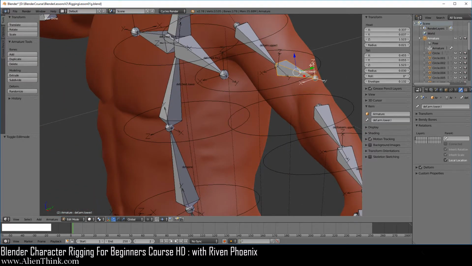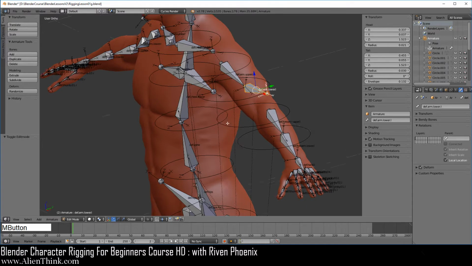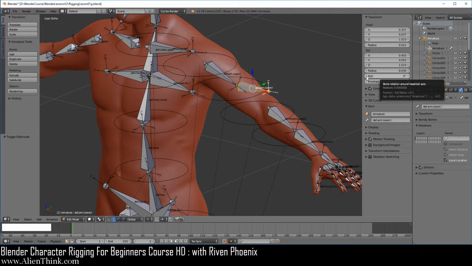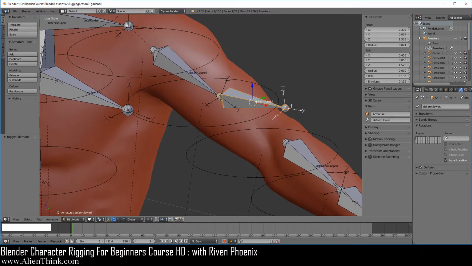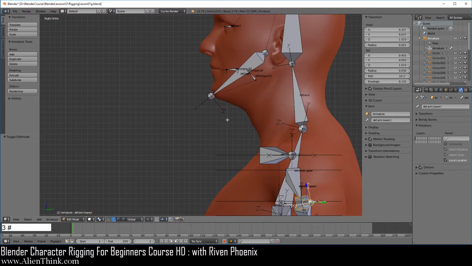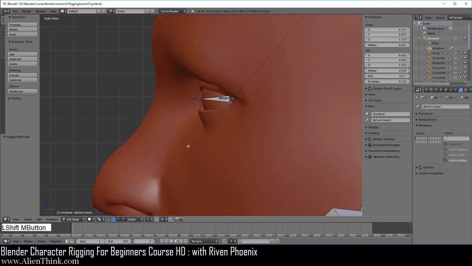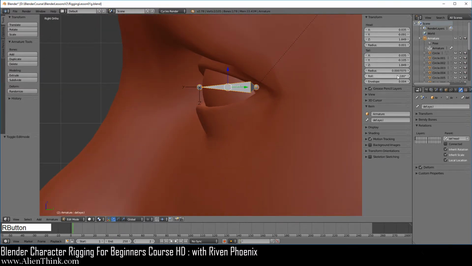Okay, so I want you to be aware of this concept when it comes to bone rolls, meaning that this is just a bone roll. We can make it anything that we want, but it's good to note how it behaves when it's perfectly aligned horizontally with the head and its tail. Now you'll notice that if we press the 3 key, go to where the eyes are, if we click over here, it's going to pretty much behave the same way, right?